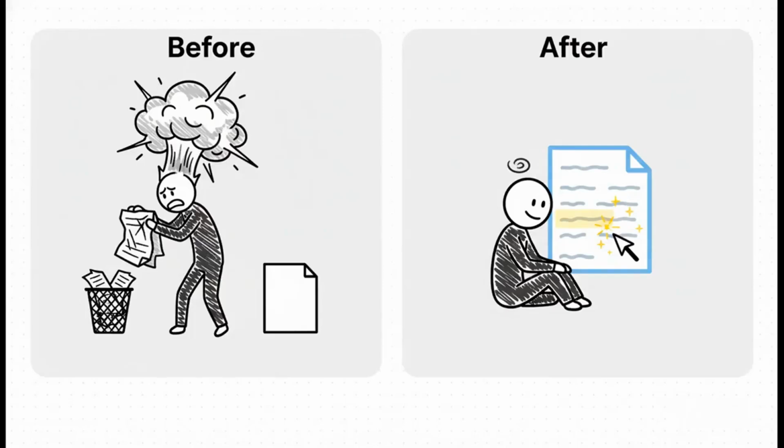Now, inside those projects, you need protocol 5, the canvas. Think of it like a living document right there in your chat. Before, you'd get a big article, and if you wanted to change one sentence, you had to hit regenerate and just hope for the best. With Canvas, you just highlight that one sentence and say, make this punchier, or add a statistic here. It gives you that precise surgical control and saves a ton of time and frustration.